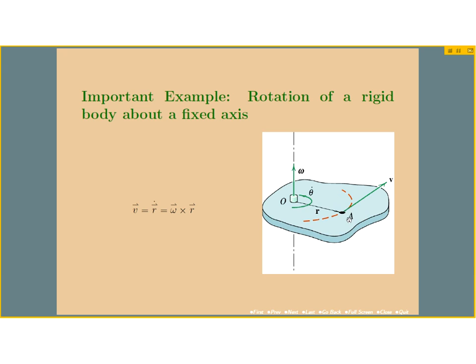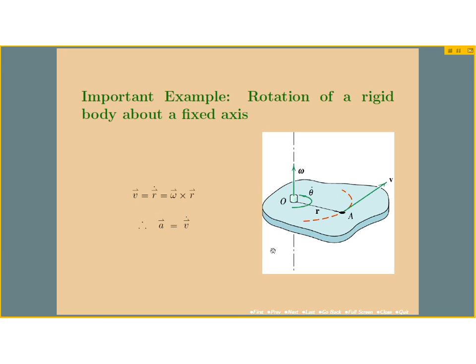Hence the velocity of point A is omega cross r by virtue of the theory that we've just now derived. And since this cross product must be normal to the two factors in the cross product, the velocity must be normal to the vector omega, and it must also be normal to the vector r. And the only possibility for that would be this vector, the green vector v, which is seen then to be tangential to the circular arc in which the point A will be moving.